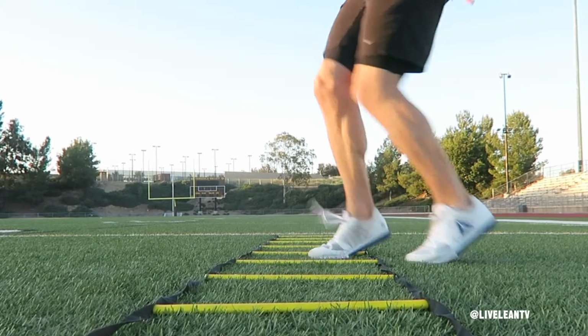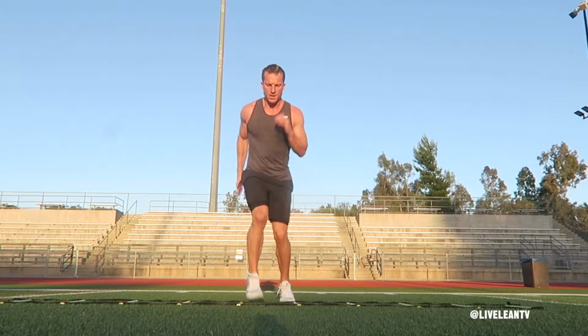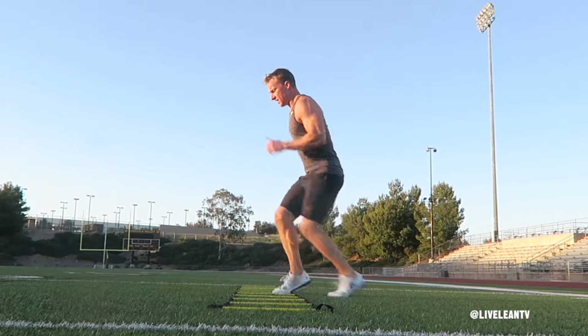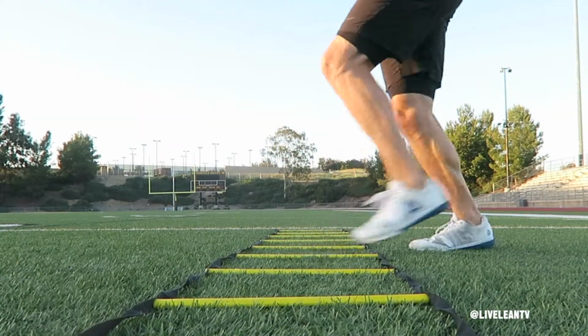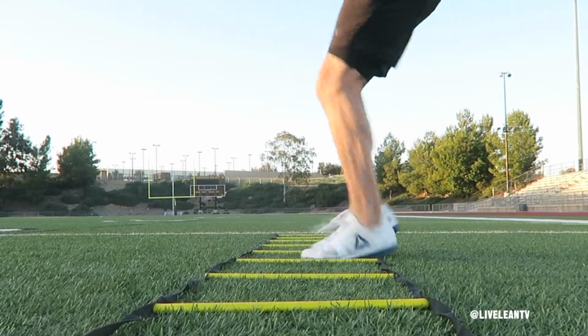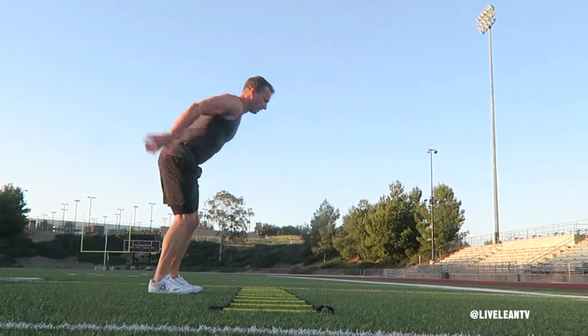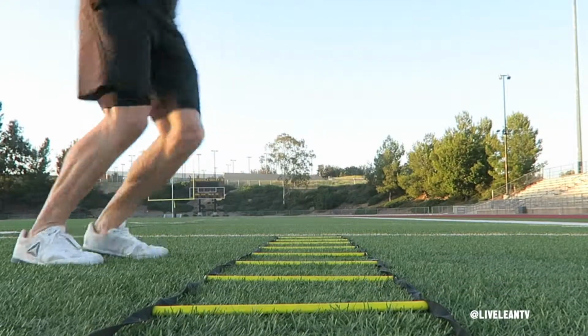Step one foot into one of the boxes, staying on the ball of your foot, then quickly step back and out of the box while stepping the opposite foot in the box. Continue moving your feet forward and backward in and out of the ladder as fast as you can for 6 reps per leg. Then complete a 180-degree forward jump over the agility ladder, stick the landing, then complete another 180-degree